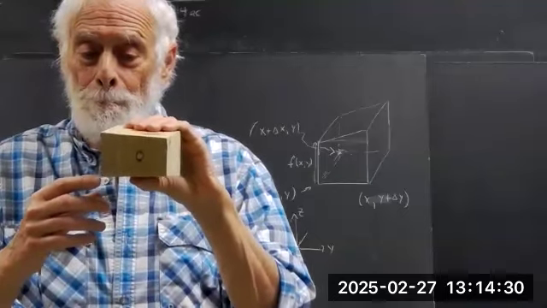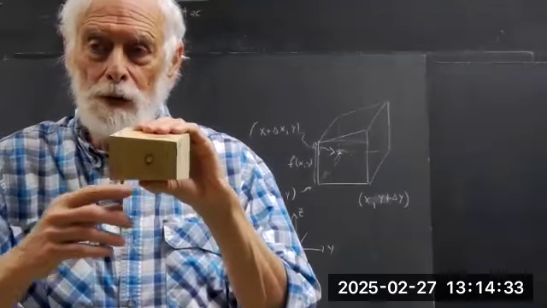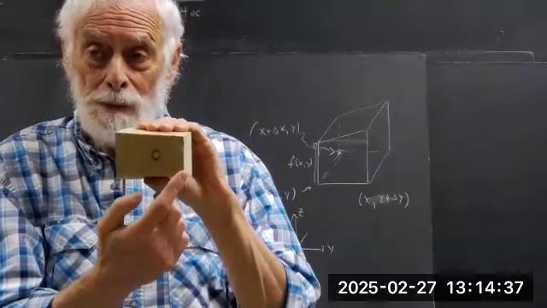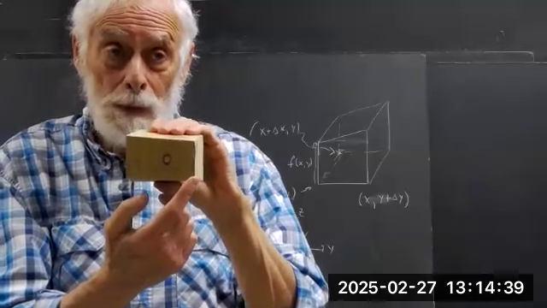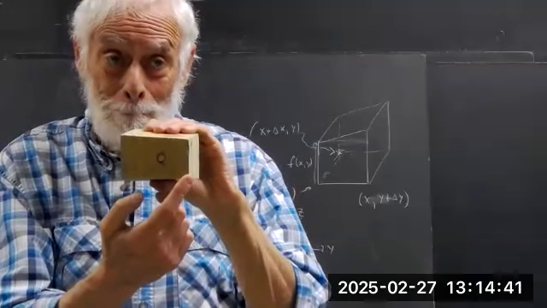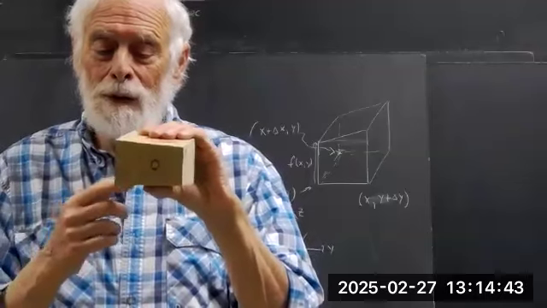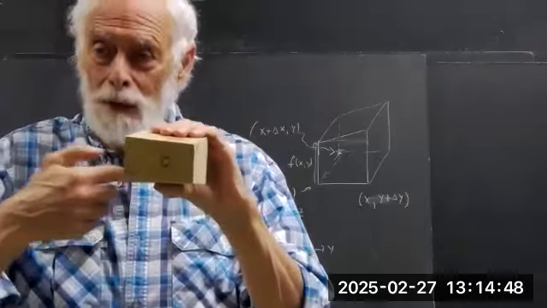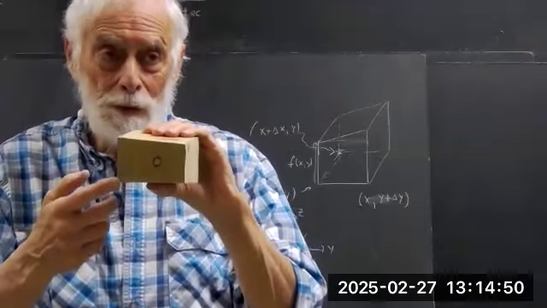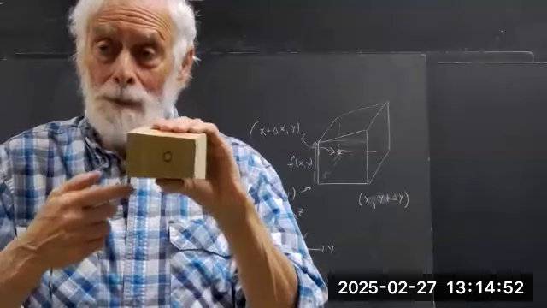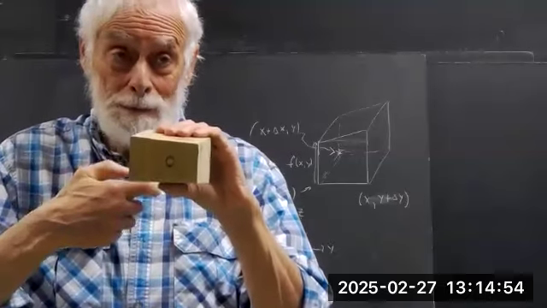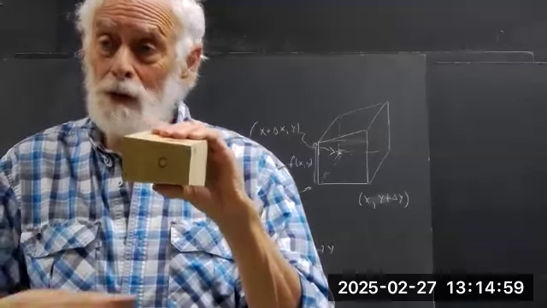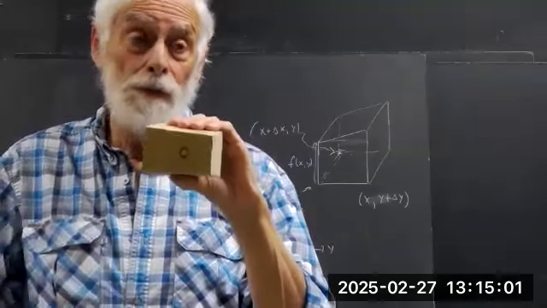Then, if this distance is delta y, okay, this distance here, then this is the point x, y plus delta y, right? And this point back here, I'm pointing to, is in the x direction. It's x plus delta x, y. Now, delta x would be negative, but it's still plus delta x. When you write x plus delta x, you don't know if delta x is positive or negative